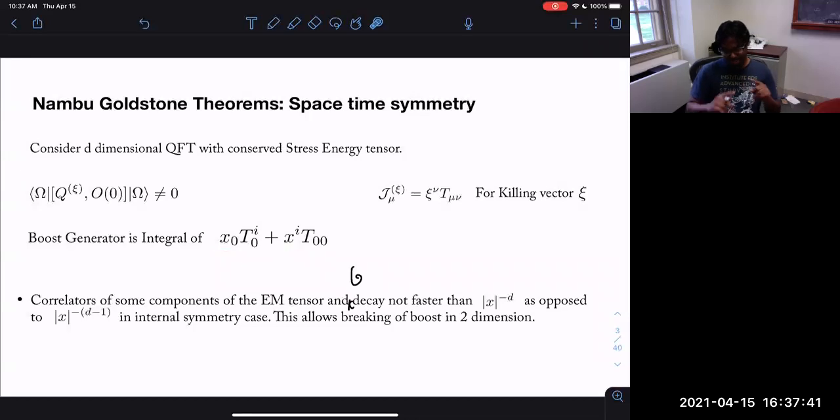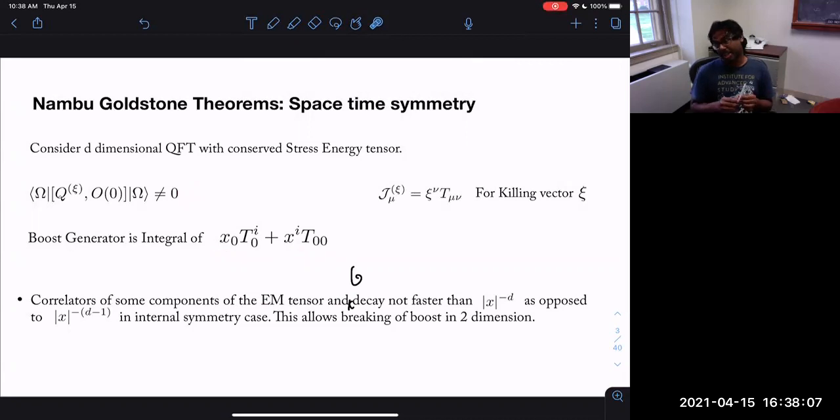Because this is one power down, this means basically that in d equals 2, for example, we can break boost symmetry. So there is no Coleman's theorem for boost symmetry breaking in d equals 2. Later we will see that this indeed happens in 2D CFT. We can actually break boost in the sense of this equation. But